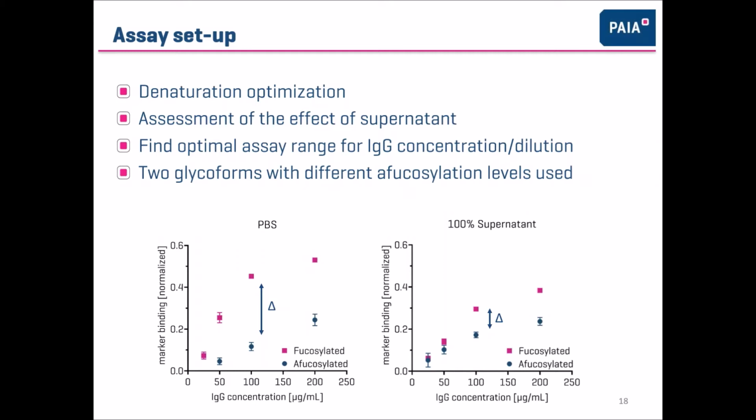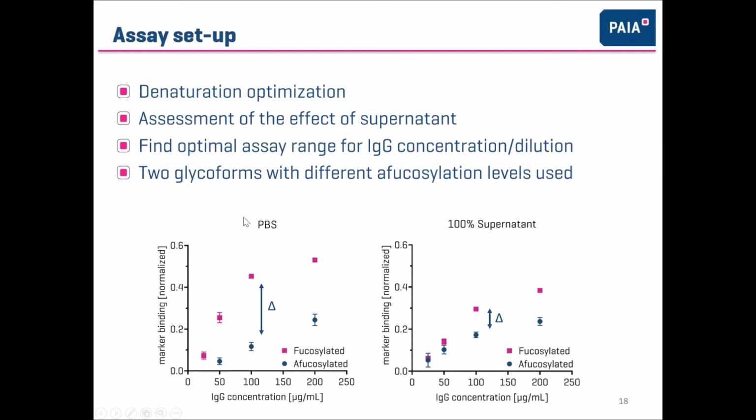So that's the first thing that you do, and once that is done, you are assessing the effect that the supernatant has on the assay, and this is necessary to find the optimal range for the assay, which means what is the final concentration range of the IgG which is optimal, and what kind of dilution is necessary for this. And here, in this example, we used 2 glycoforms of the same IgG that had different levels of afucosylation,